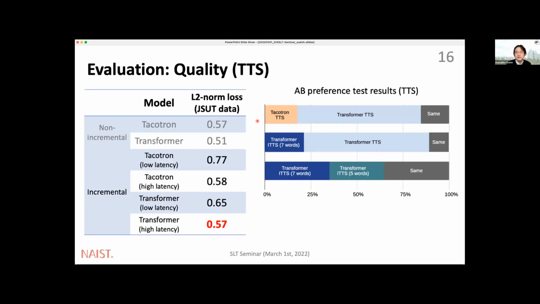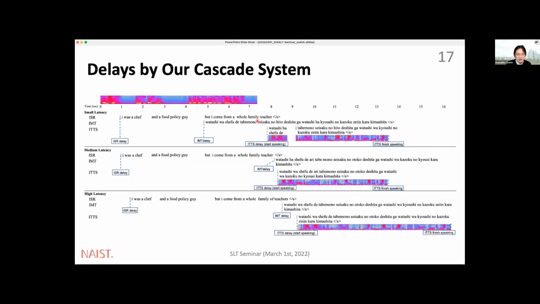Okay, this is a quality evaluation. This is the result of the quality evaluation for the text to speech, and we got almost comparable results with the offline version. The L2 norm for the offline transformer is 0.51, and the incremental version achieved a 0.57 L2 norm loss. And the result in the preference test,